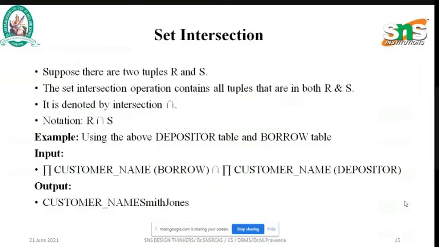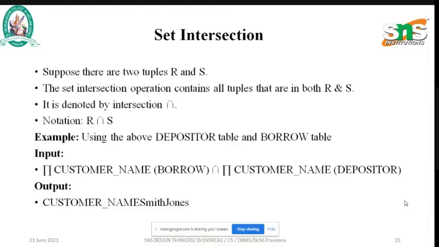Okay. Next, we are going to see about set intersection. What is set intersection? Intersection means we only select common things. In the previous example, Smith is there 3 times, and Johnson is 2 times. So the common items available in both tables are selected.